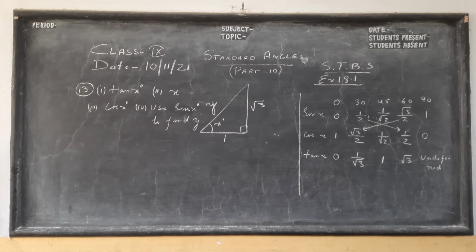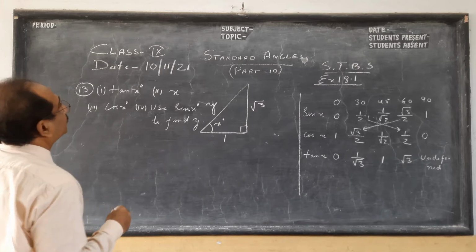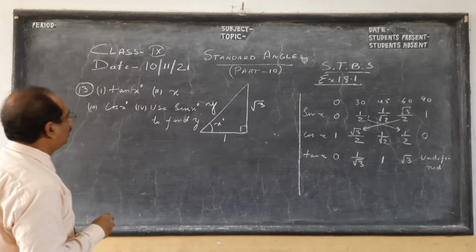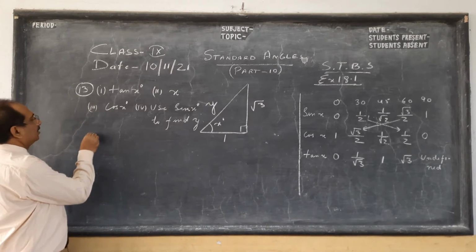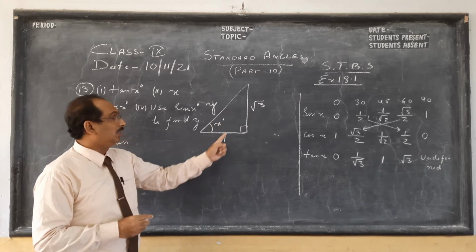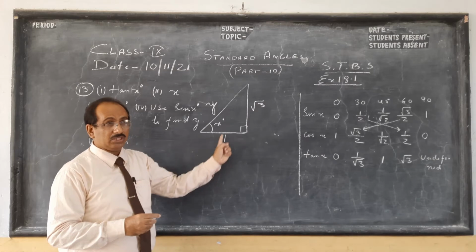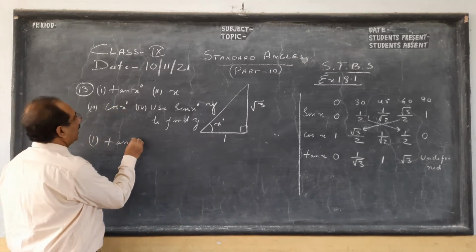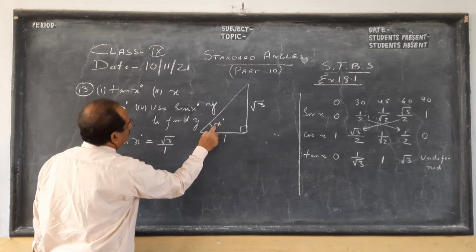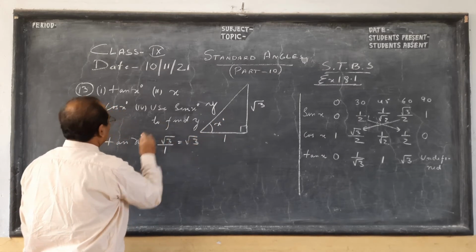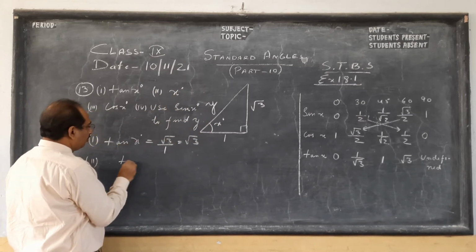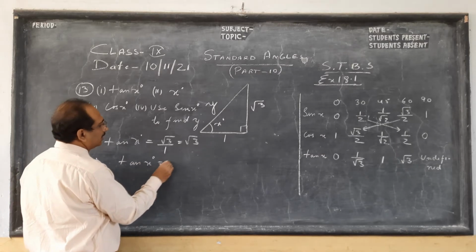So next we move on to question number 13 of ML Agrawal's book, exercise 18.1. So tan x, and first thing, tan, as you know, is perpendicular by base, or opposite by adjacent. So tan x degree is root 3 by 1. This by this is tan for this, which is root 3. Now for solving for x degree, x is an angle. So what we do, tan x degree is root 3.